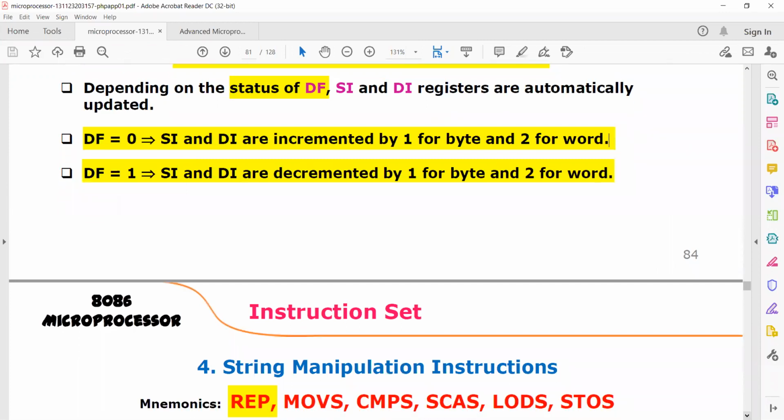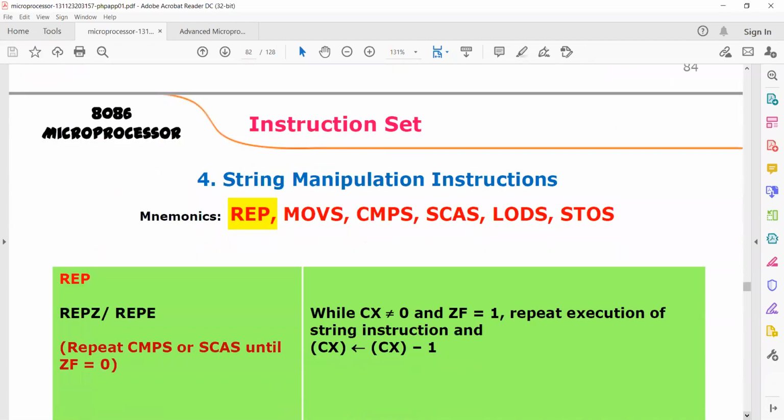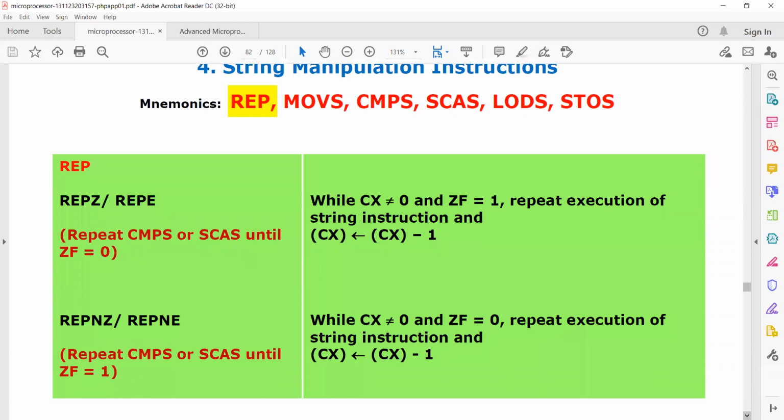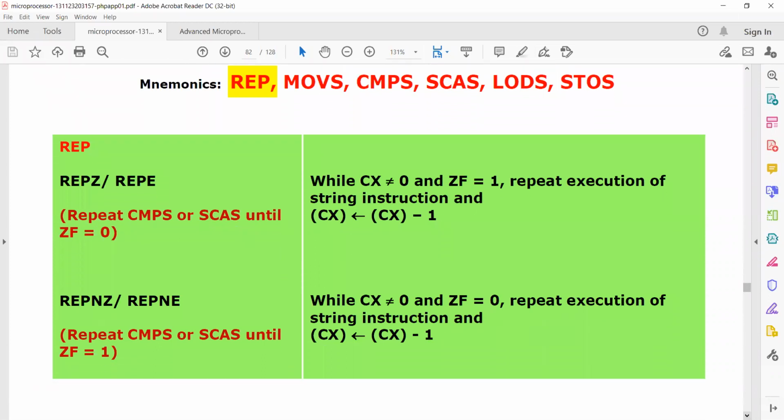The first string instruction is repeat. This is a prefix for every string instruction that we use. This instruction can be used in two different ways: repeat on zero and repeat on non-zero.